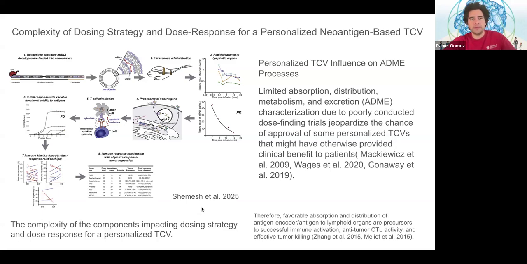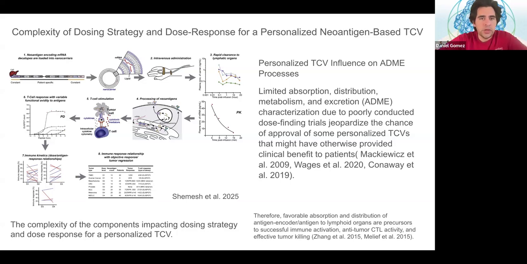So for personalizing antigen, the complexity of the dosing strategy and dose response is limited. The absorption, distribution, metabolism, and excretion, or ADME, is limited in characterization due to poorly conducted dose-finding trials that jeopardize the chance of approval of some personalized TCVs that might have otherwise provided clinical benefit to